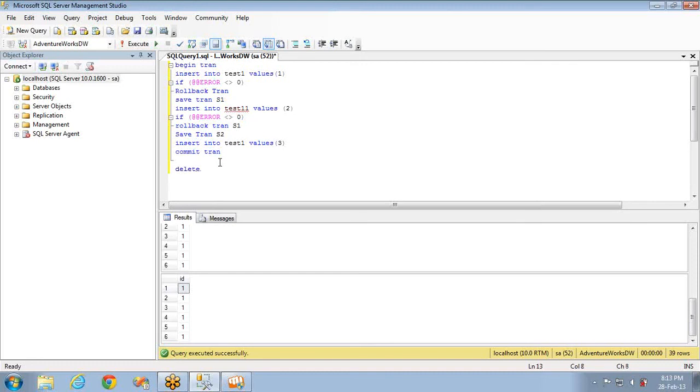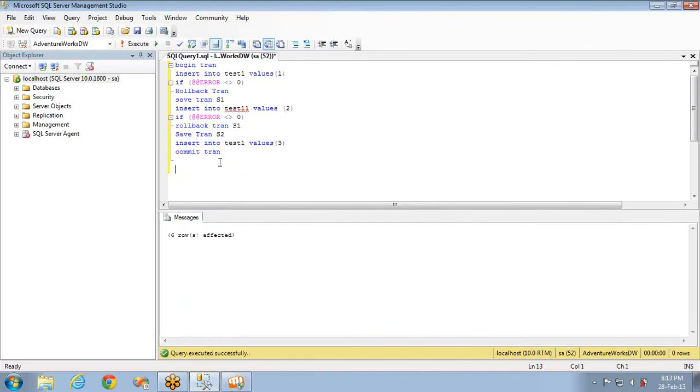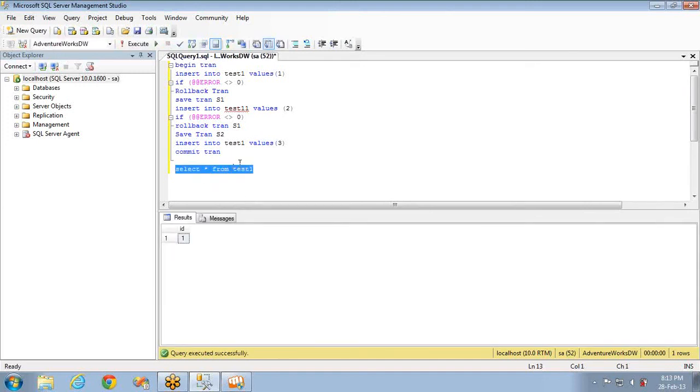Before executing this particular statement, I'm removing the data from the table test1. Now I'll have a select statement at the end, select from test1, and I'm executing. It is saying invalid object S1, and let me execute. See, up to here, it has rolled back only up to S1, not up to the complete begin transaction. So this is the use of save points, and this is how you can handle the errors, right? And this is the advantage of save points as well as transactions.